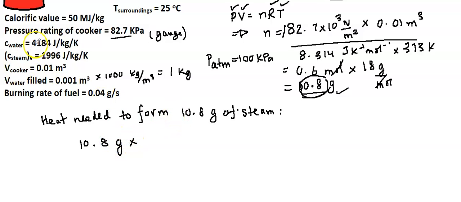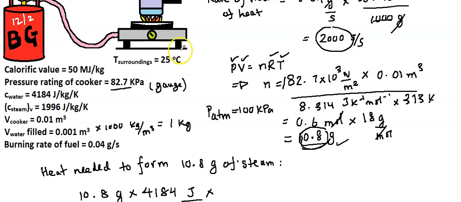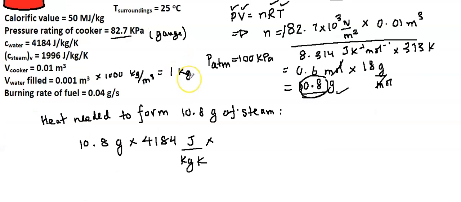Times the heat capacity of water, joules per kilogram per Kelvin, times, this was at 25 degrees, the surrounding temperature initially. So from 25 it had to go to 100, so that is 75 Kelvin, 75 degrees Celsius, which is 75 Kelvin, the difference, plus the latent heat